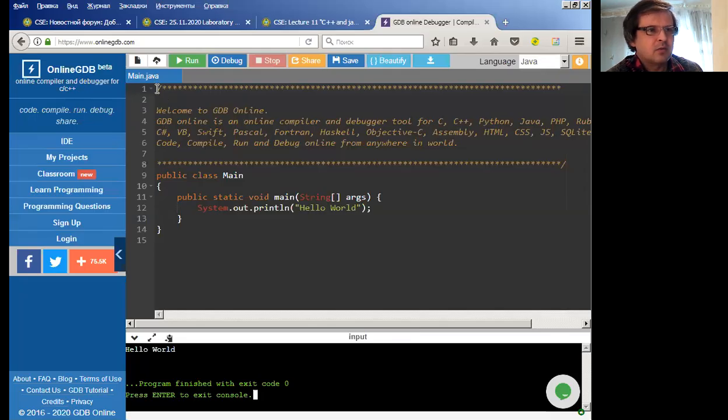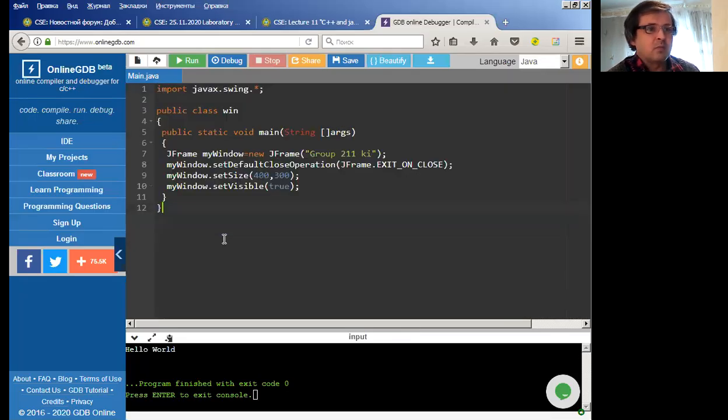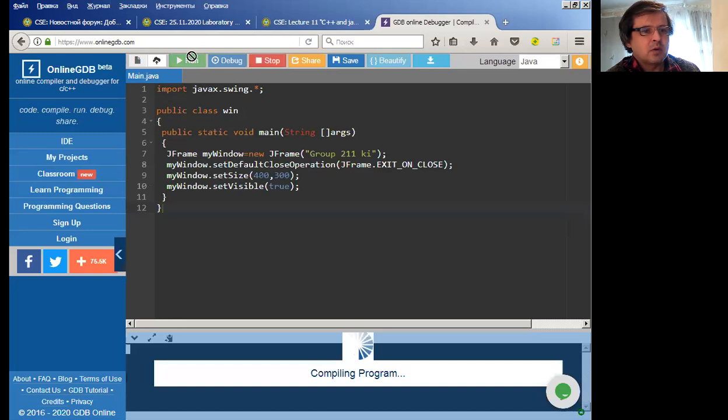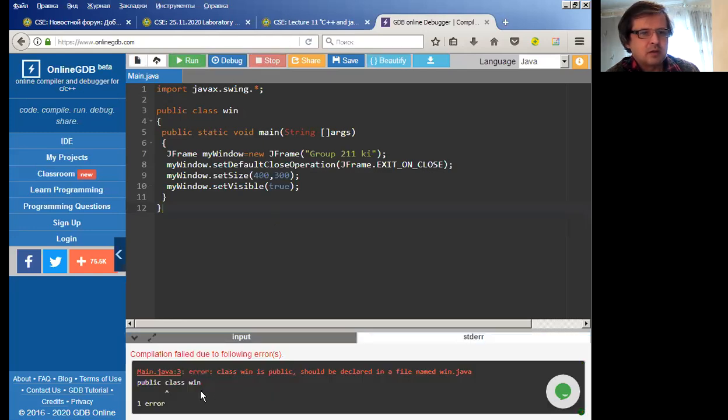Yes, instead of all this, let us paste our program with Javax, with import of Javax. Okay, so now let us press run. So we will obtain the mistake that our class must be main. So the win is not understandable for Java. So the name of the class must be main,